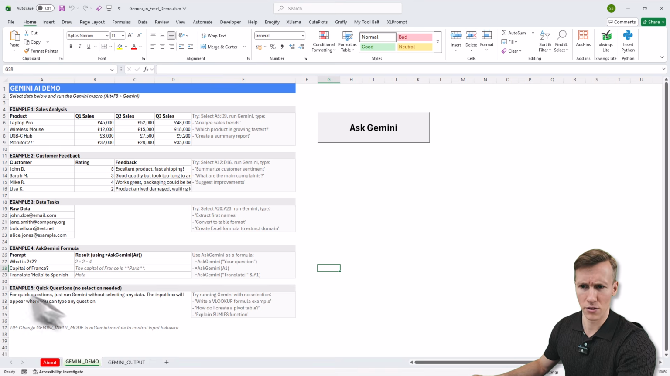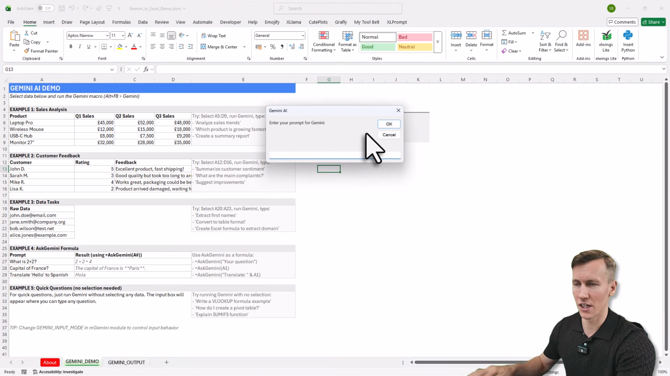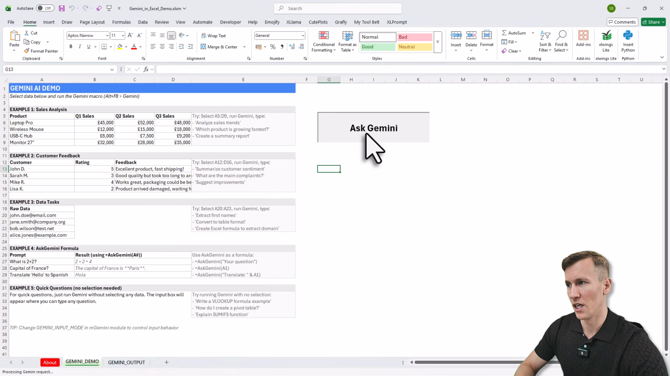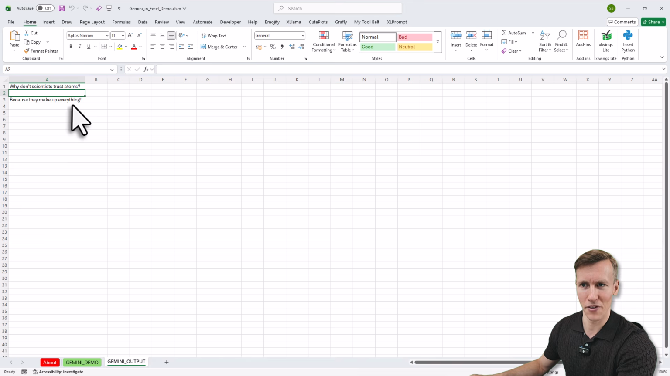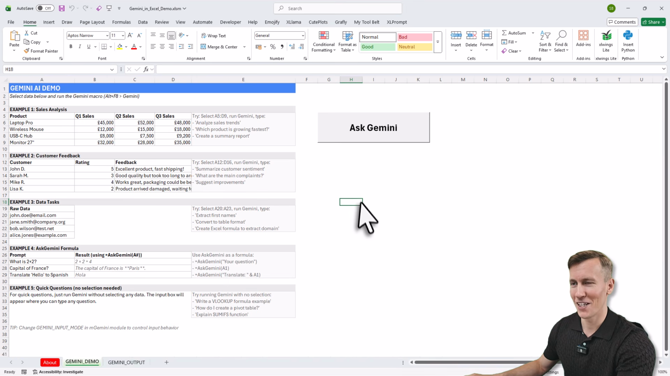Alright, and lastly, as written here in example 4, if you want, you can also ask AI without selecting any cell. So if you've got an empty cell here, you just click this button and then you can ask a prompt, for example, tell me a joke. And when you press enter, you will also get the result in this sheet here. So the joke is, why don't scientists trust atoms? Because they make up everything. Yeah, okay. The joke could be better, but anyways,